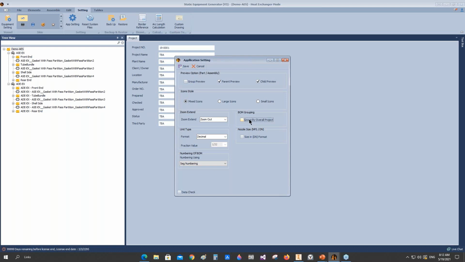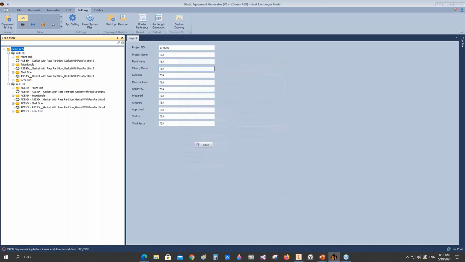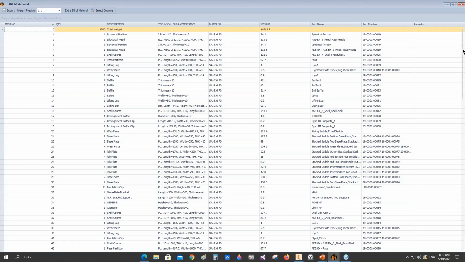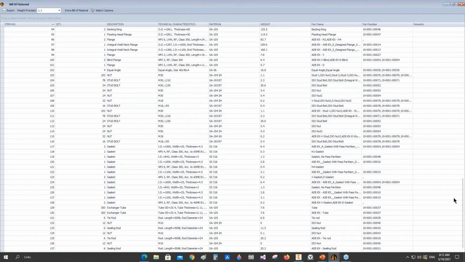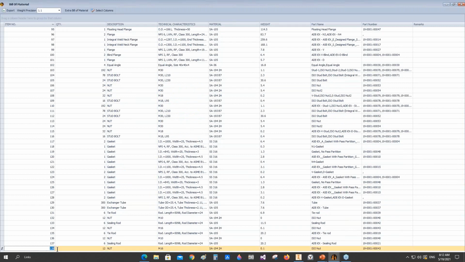Let's try this. Now, if we remove this checkbox and make the sort numbering like this and click Save, if we come back to the tables and open the bill of material table and come down right here, you can see that we have 138 elements. Okay, that means by using this option, which is removing the summation of elements, you will separate each bill of material of each equipment